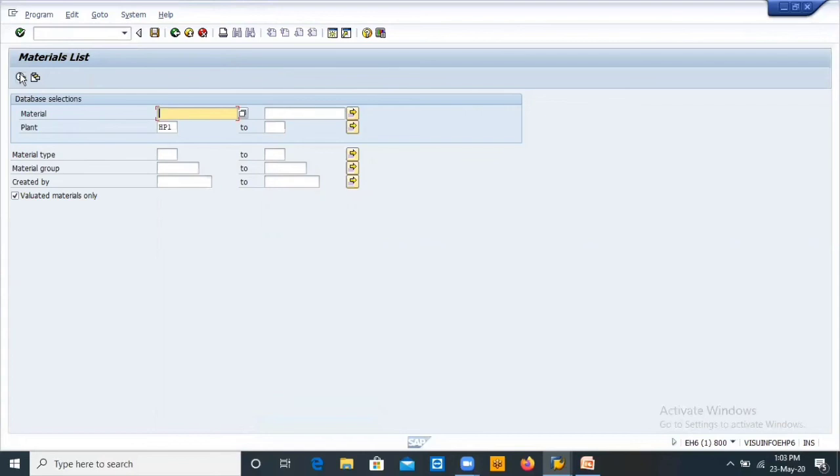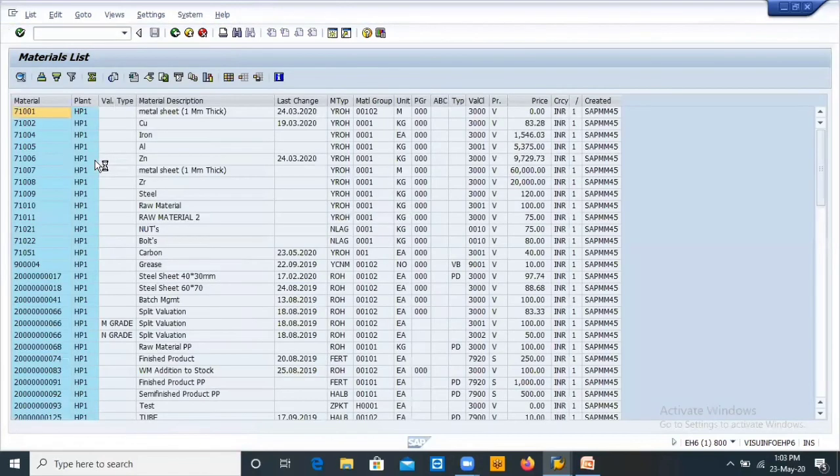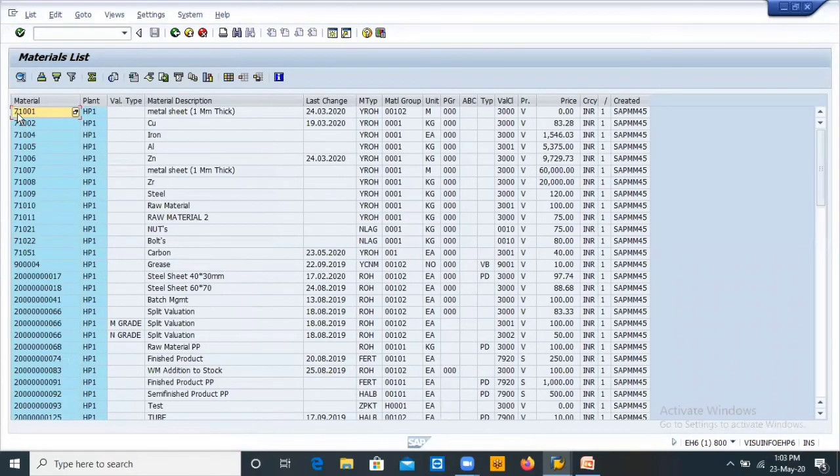For plant HP, display. This is the material list, no? I will take these 5 materials.